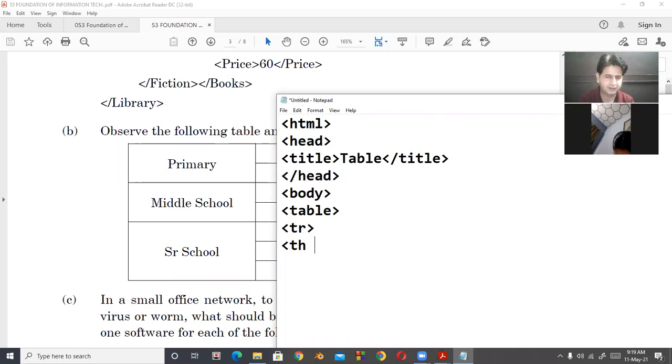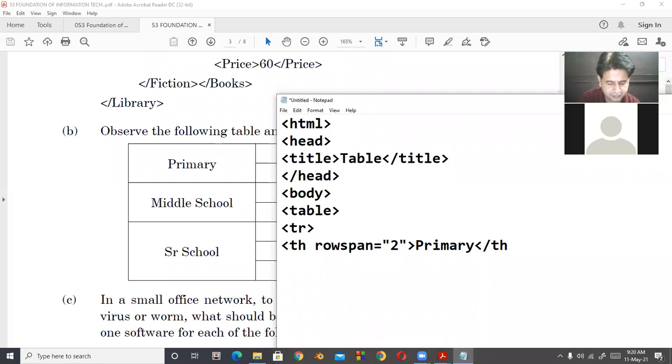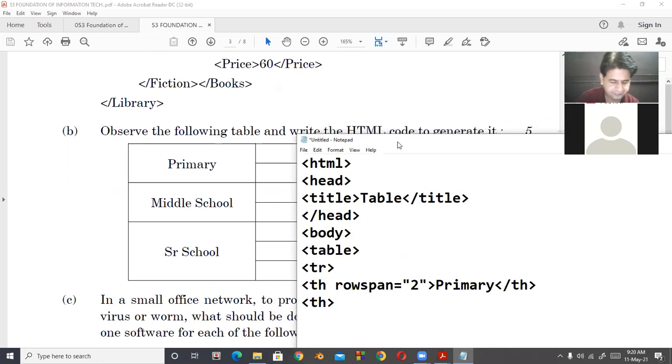So that's why I'm taking here TH, then row span equal to 2. And after that, the word is primary, then TH closed, then TH start again, and here look at here, dance.